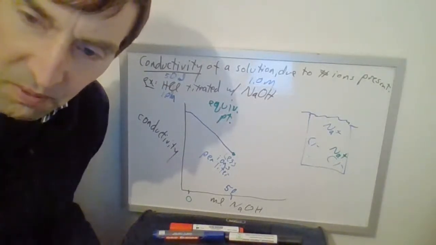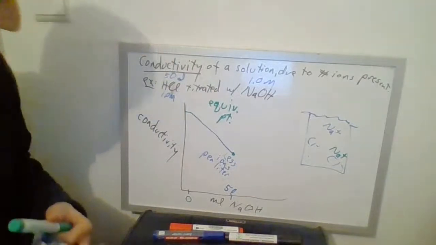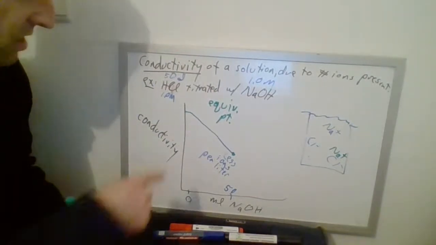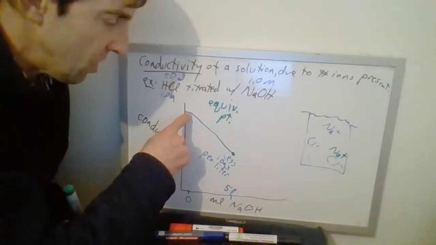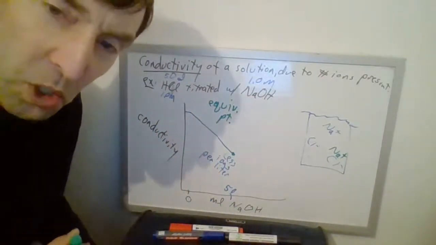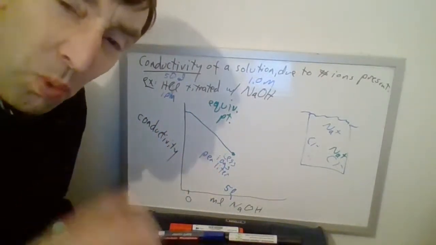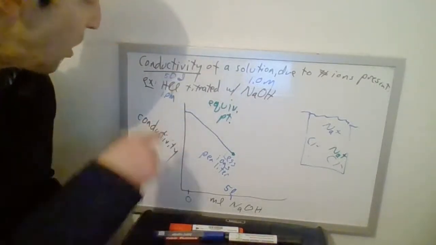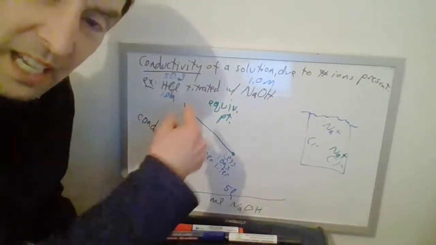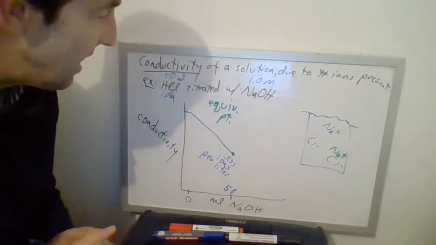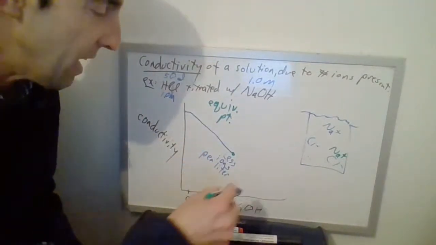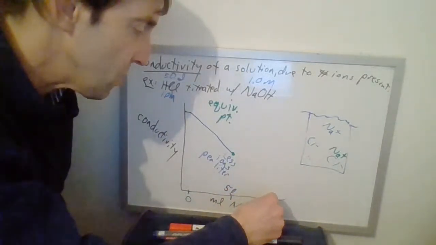Okay. I didn't want to start right at that axis, so let's just say we're starting here. So it goes down, down. Now I'm at the equivalence point. I've converted all of the H pluses and OH minuses to water. So now I'm going to keep adding until I get out to 100 milliliters